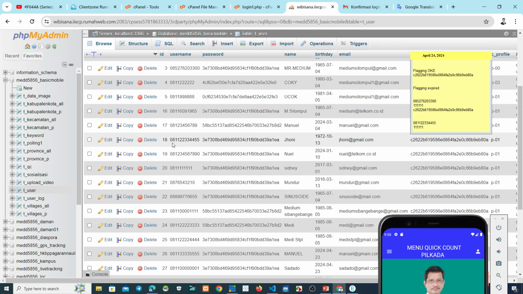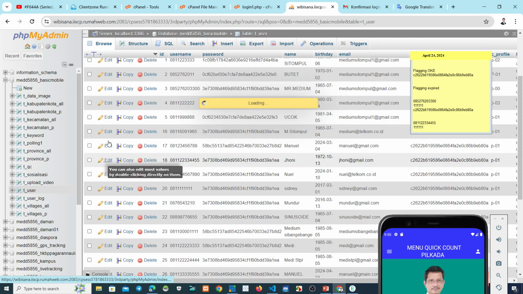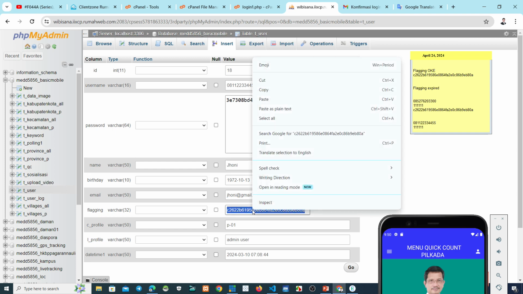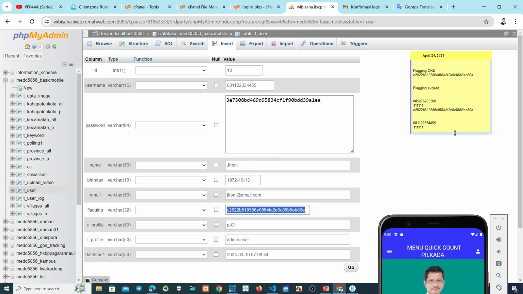Okay, this one. This is the phone number login. Same like this. And then this is the flagging. Copy. Same.